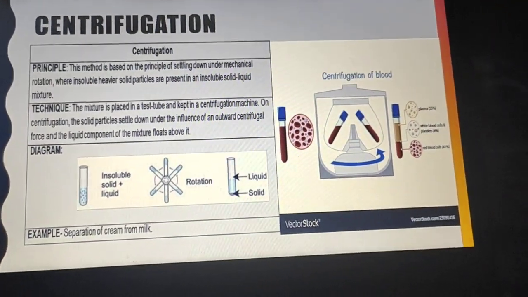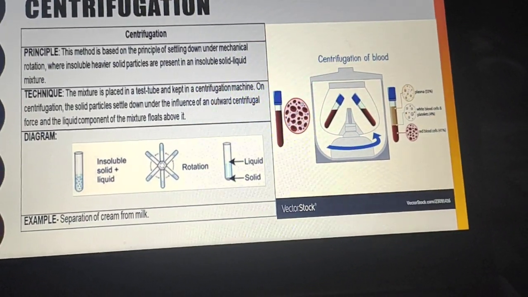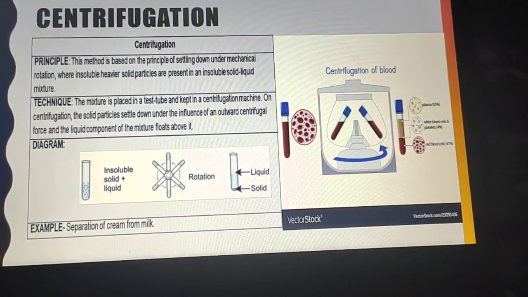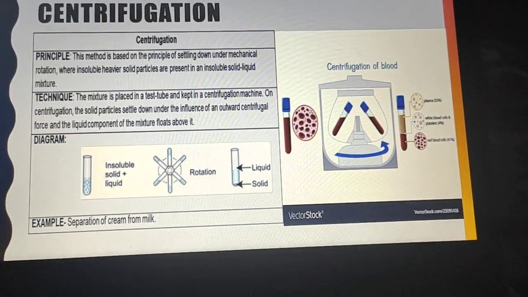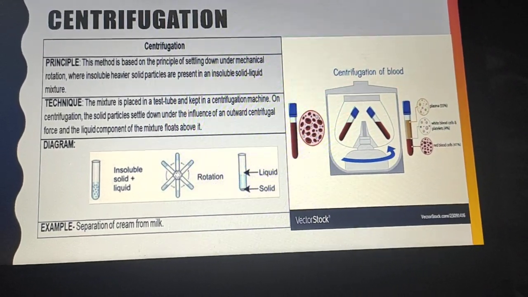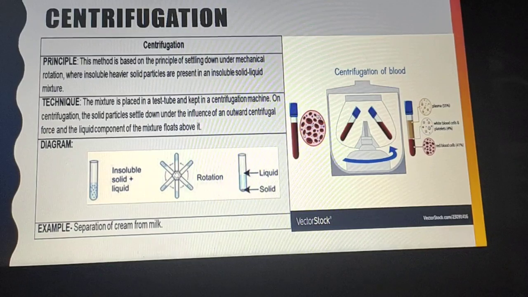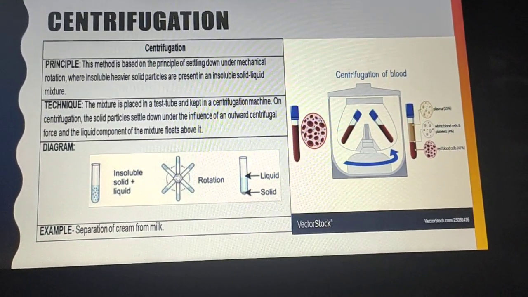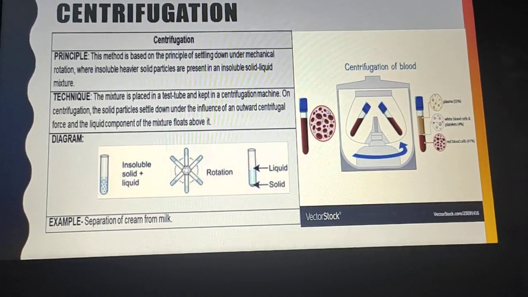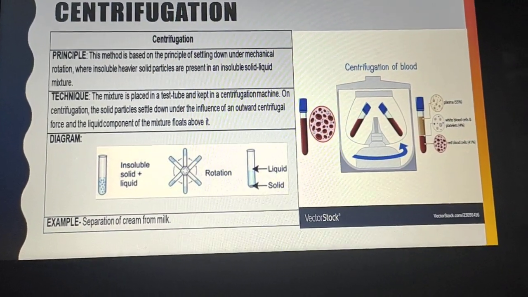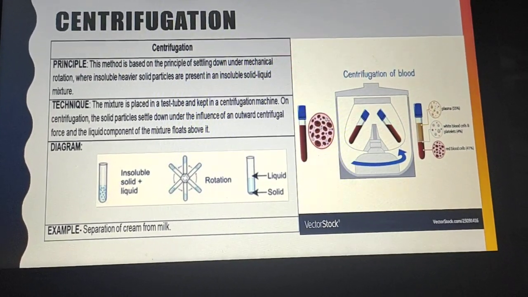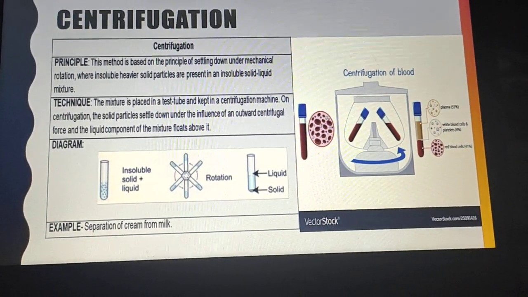Our next technique is centrifugation. There is a centrifugation machine like that; I give it to you in the picture. It is a circulating machine. These are cuvettes, small test tubes, in which the centrifugation of blood is done. We can also do centrifugation of milk. If blood contains any thick particles, then because of the movement in the machine, which is known as centrifugation, it rotates, and the thick particles or the precipitate settle down. That means we separate two things: the precipitate and the filtrate part.